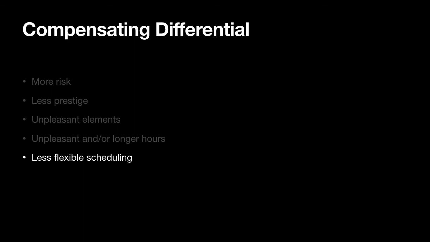Less flexible scheduling. And by the way, going back to the unpleasant and longer hours, there's a huge difference in going from 6 hours a week to 8 and 10 hours a week in terms of income. It's very, very disproportionate. Just making that 40-hour week barrier increases your income considerably. Those who are willing and able to work, say, 12 to 16 hours a day are going to get paid a whole lot more because they're willing to work those longer hours. Less flexible scheduling: if you want a schedule that's got a lot of flexibility, that lets you come and go as you please, you're going to make a lot less money than somebody who has to be at specific places at specific times.